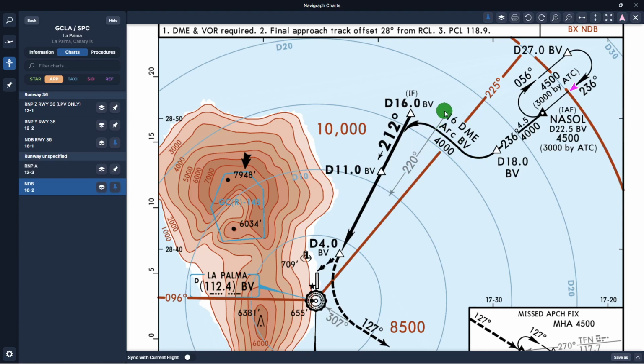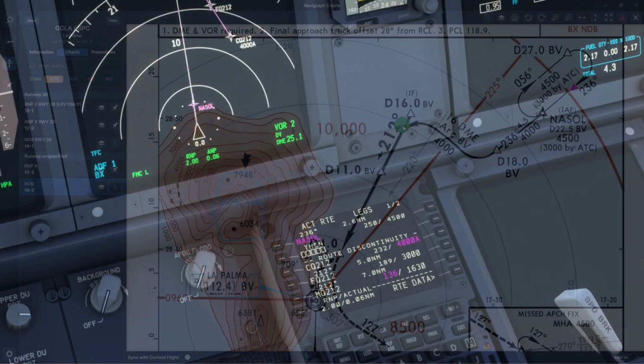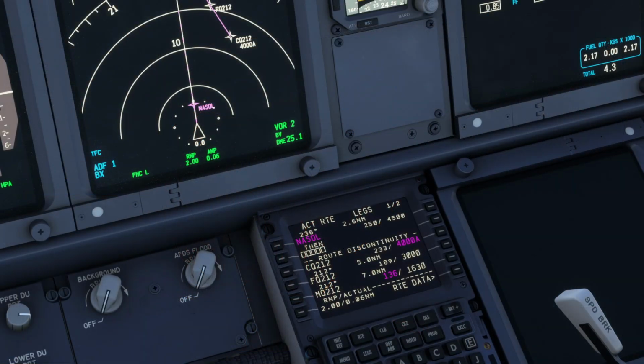As you can see, this is inbound 220, so the opposite for the radial is 040 when we turn left to 212. So it's important for you to understand the concept of bearings and radials, and we are going to need the radials to create the points for this arc. Okay, so we go back to the sim now,